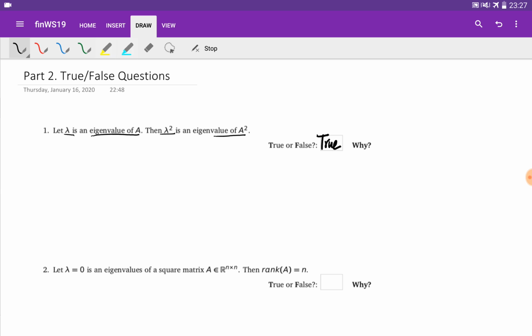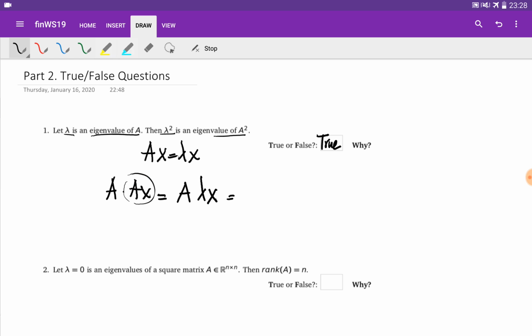So the eigenvalue problem for matrices is written as Ax equal to lambda x. Now we are going to multiply A by Ax, or simply A squared multiplied by x. At the same time, we know that Ax is equal to lambda x, right? So we are going to substitute Ax with lambda x,